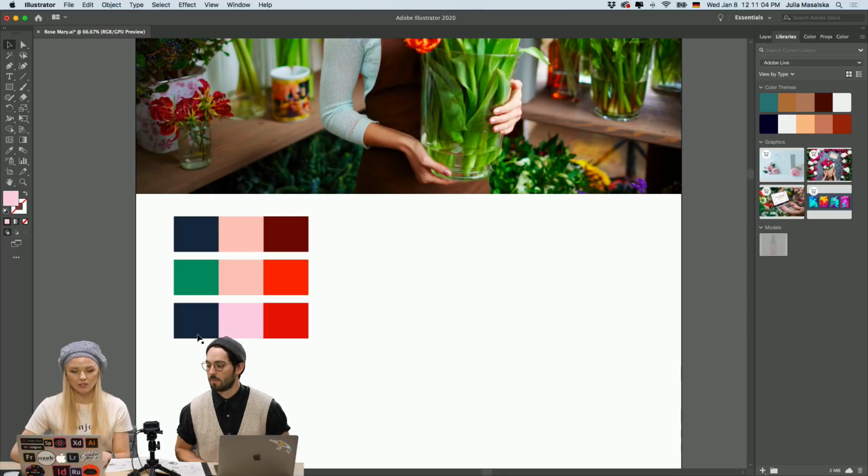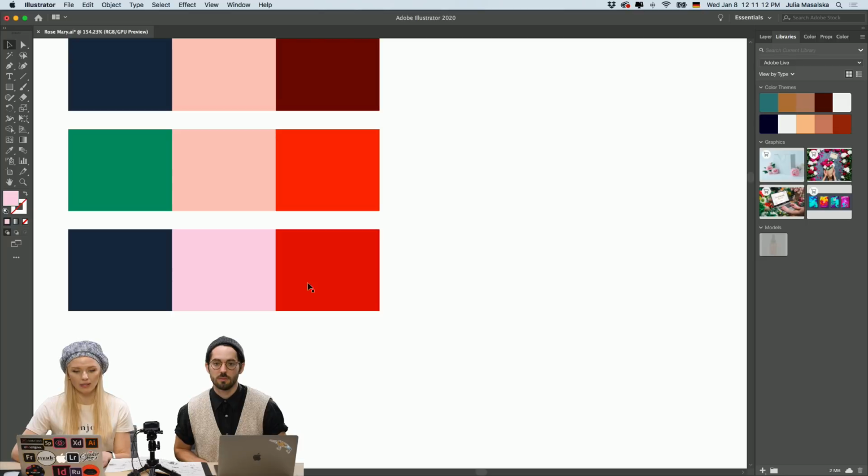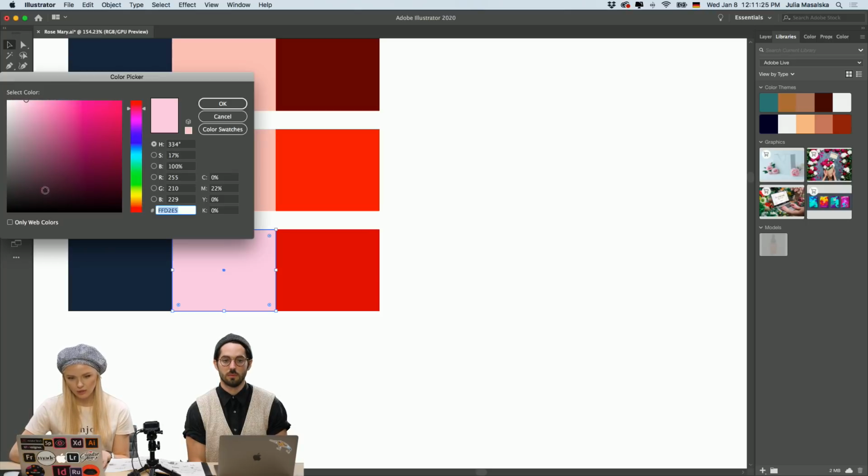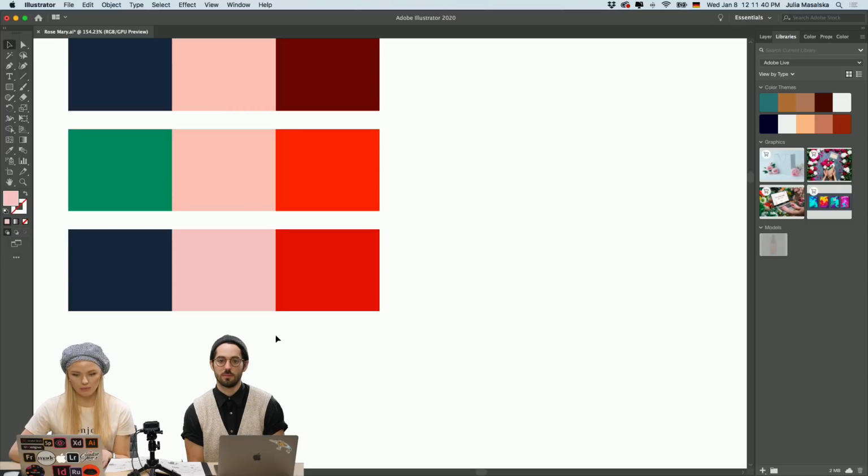Yeah, that's awesome. As you can see here, I've already picked these two subtle tones and the red combined with it. So I might go for this one. My problem with this right now is that this pinkish color is a little too cold for me. I kind of want it a little bit warmer. So I go into my color and I'll go more into the warmer reds, and I'll see what I find there. Yeah, maybe it can be something like this.